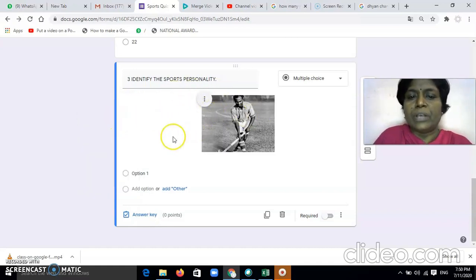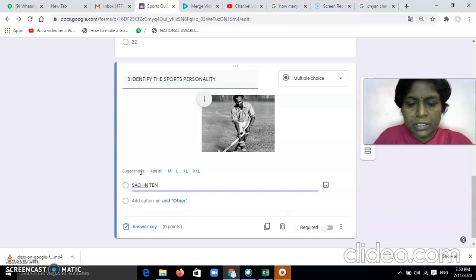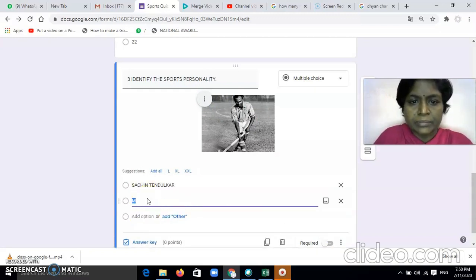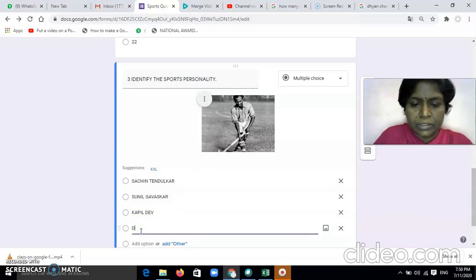Now I want to give the options same as we did before. I'm giving the options as Sachin Tendulkar, then Sunil Gavaskar, then Kapil Dev, and then Dhyan Chand.